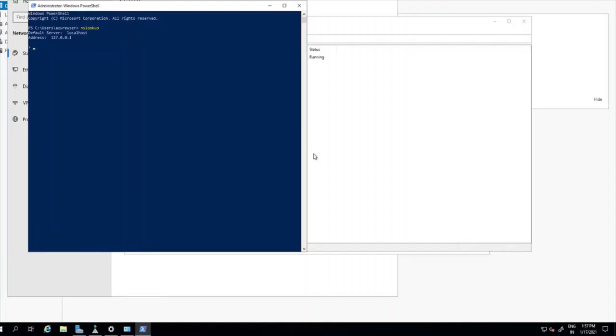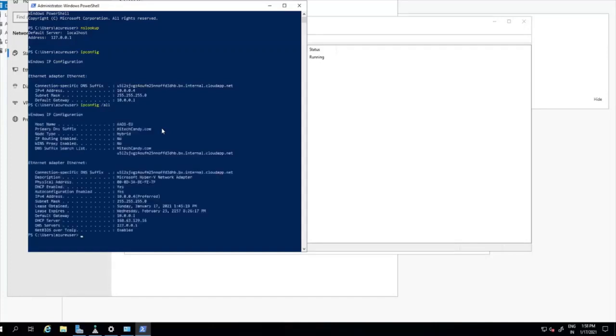So why do you see the localhost here? You see the localhost here because we have not updated the NIC properties of this server to use the DNS of its own. So let's run ipconfig /all. And you see here the DNS server is mentioned as a loopback address. So now we are going to change this address as a second step. And to do this, we have to stop this VM and start this VM once more.